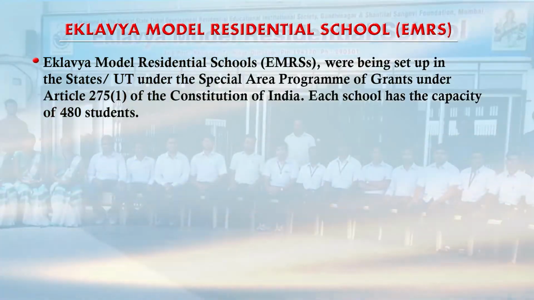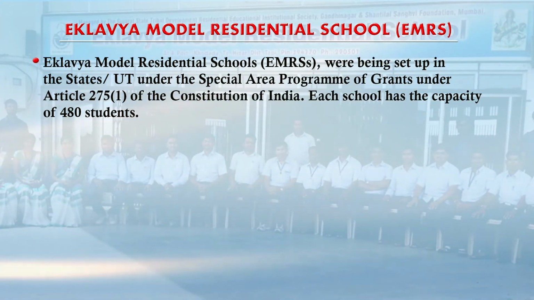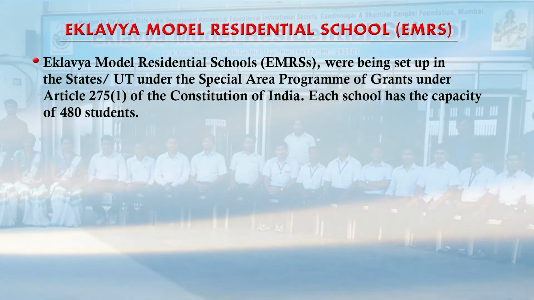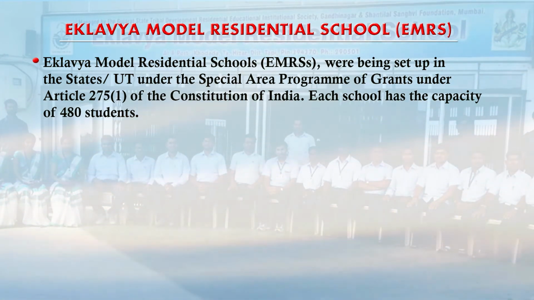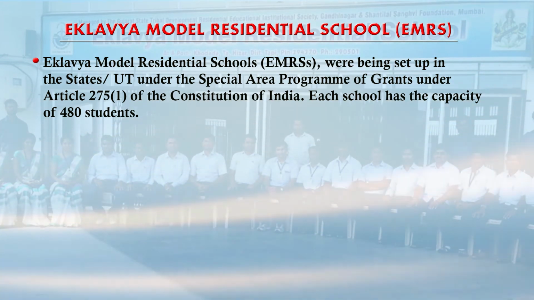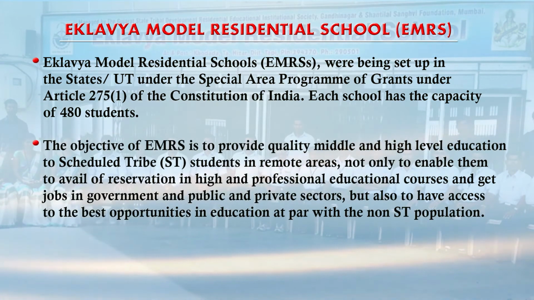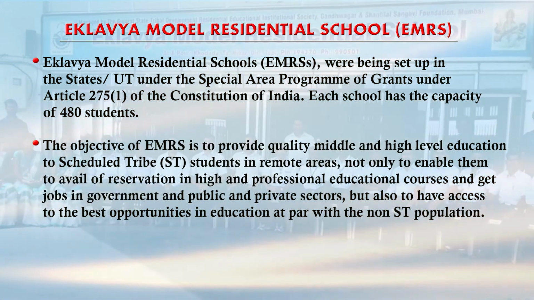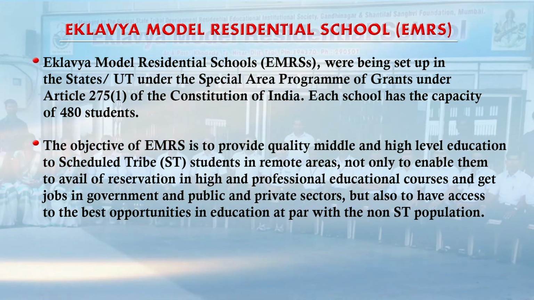So, now let us see what the Eklavya Model Residential Schools are. The Eklavya Model Residential Schools are being set up in the states and union territories under the Special Area Program of Grants under Article 275(1) of the Constitution of India. Each school has the capacity of 480 students. The objective of EMRs is to provide quality middle and high level education to scheduled tribe students in remote areas,